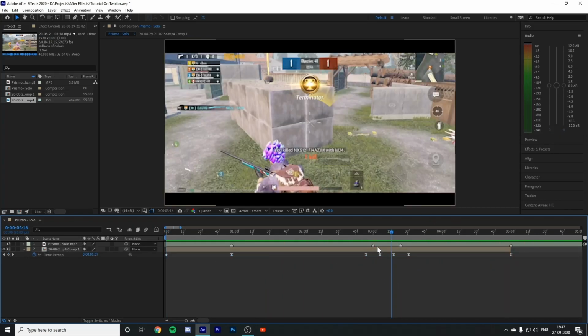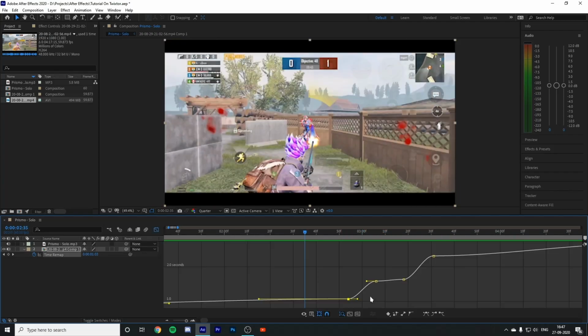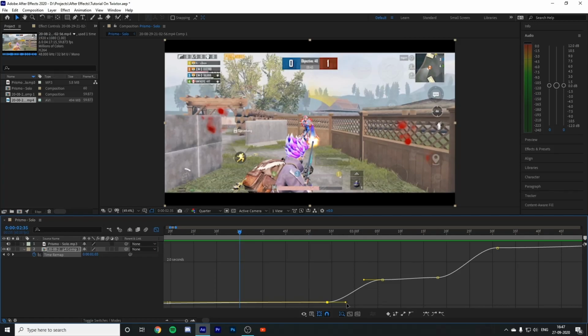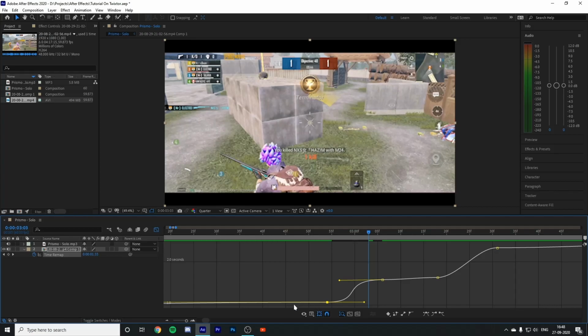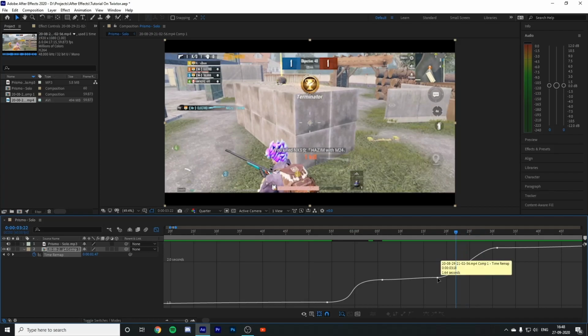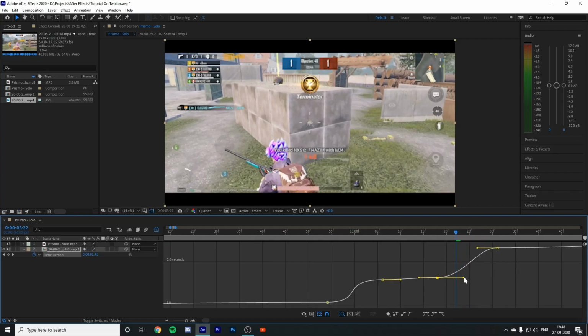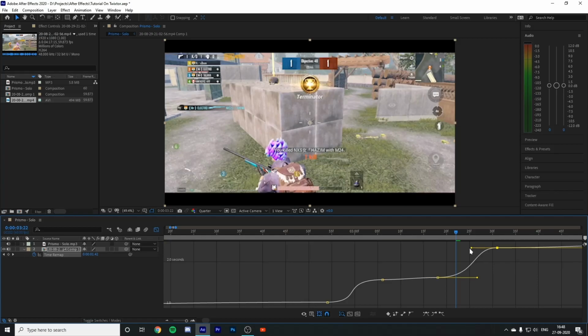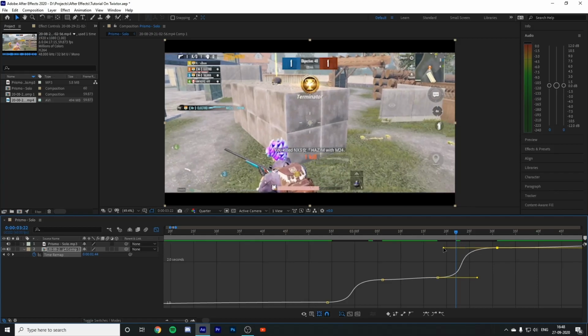Another thing is that, guys, you need to edit the graph curves. It creates a flow between one keyframe and another keyframe. So what happens here is the clip slowly comes over here and it ramps up and then goes slowly again, and this is the part where he hits and he moves again. And I'm gonna make this curve like this. This curve is like a slow fast curve, guys.